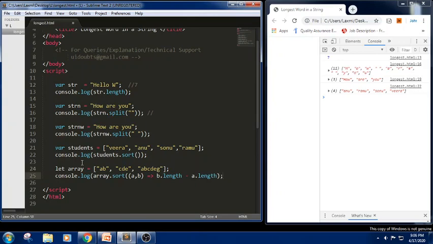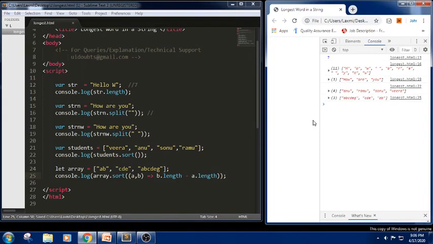So now in the snippet, if you see, I have written array dot sort inside console.log parenthesis. Now let us see the snippet. Can you see, we got the array word which has the highest number of characters displayed on the top, followed by the lowest. So A B C D E G, C D E and A B G. This is one way.